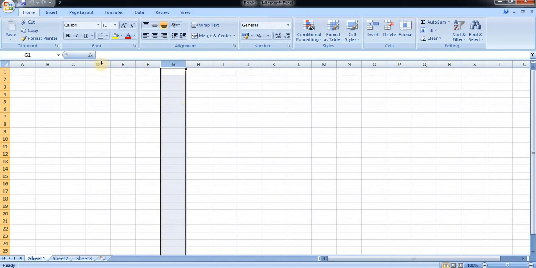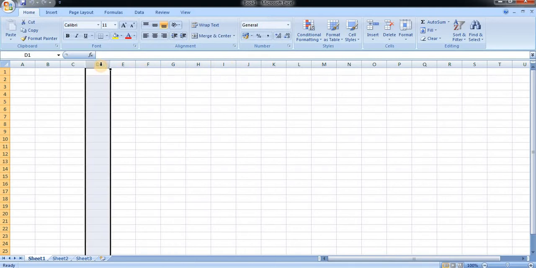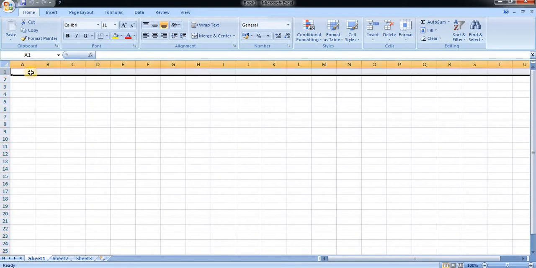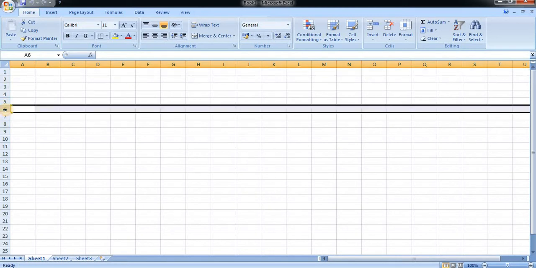Similarly, if I click on the letter D, the whole column will get selected. On the left hand side, the numbers 1, 2, 3, 4 are known as row headings. If I click on the 6th number, the entire row will be selected.